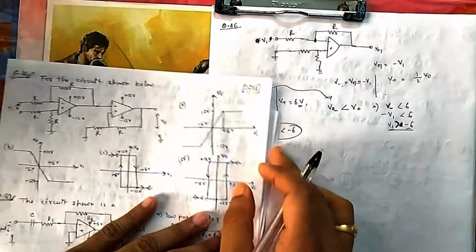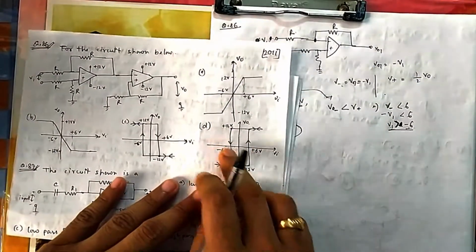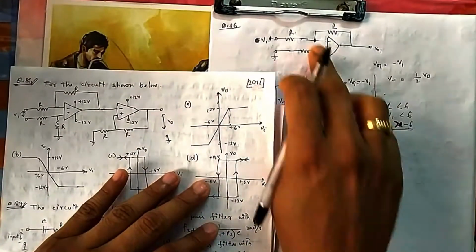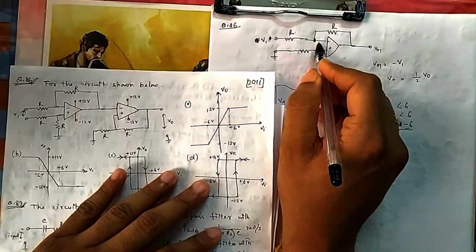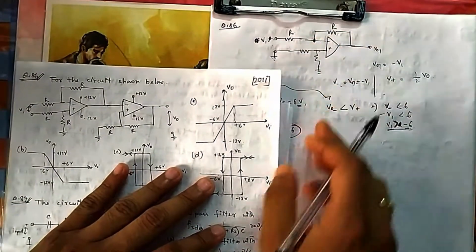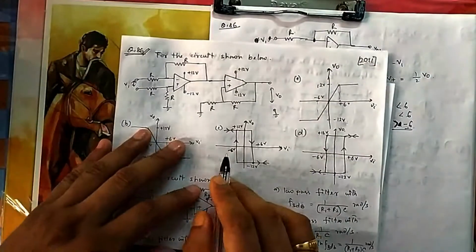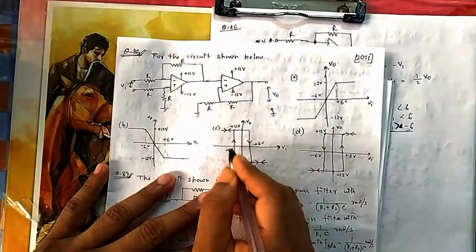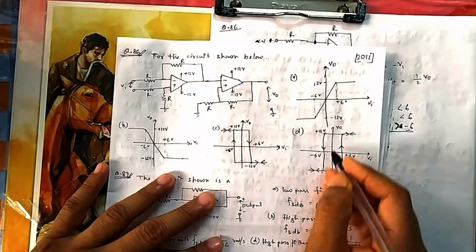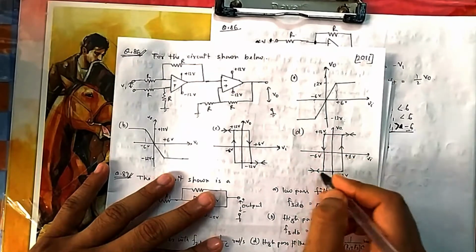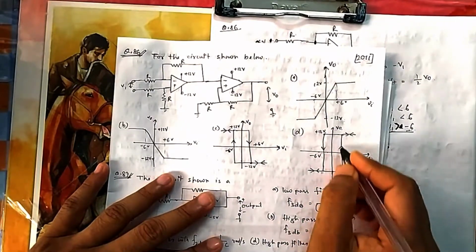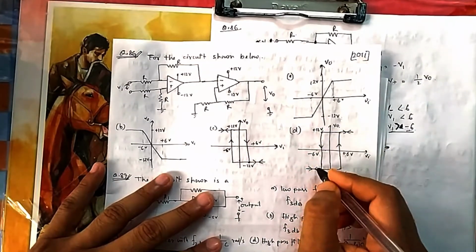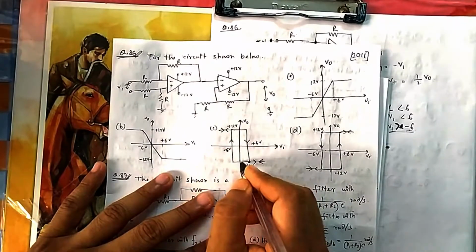So you can see this one. If my V in is less than minus 6, then it will go to negative saturation. So here you can see in option D, option C also has minus 6, but at minus 6 the transition is minus 12 to 12. Here you see the arrow, either it will go in this direction or in this direction. The transition you can see is plus 12 to minus 12, and here it is minus 12 to plus 12 if you go in this direction.